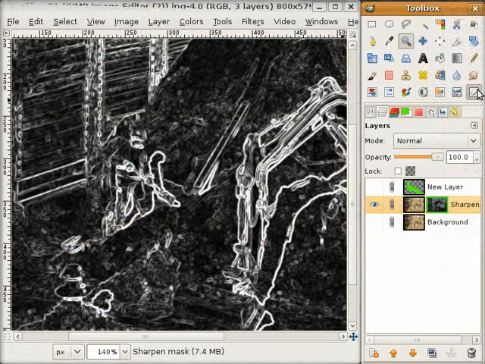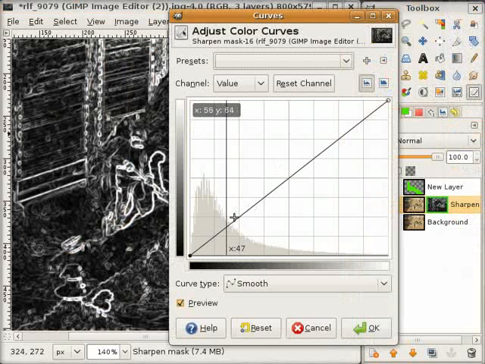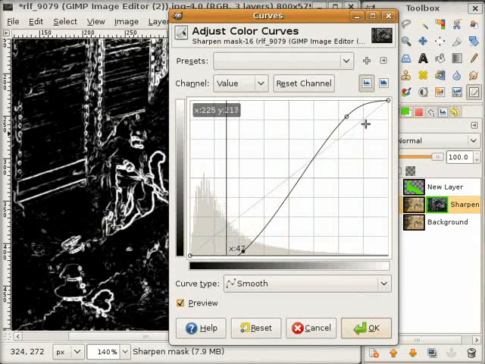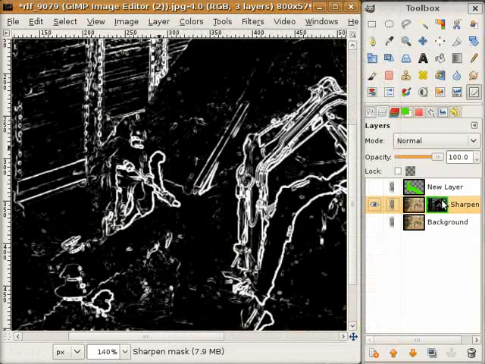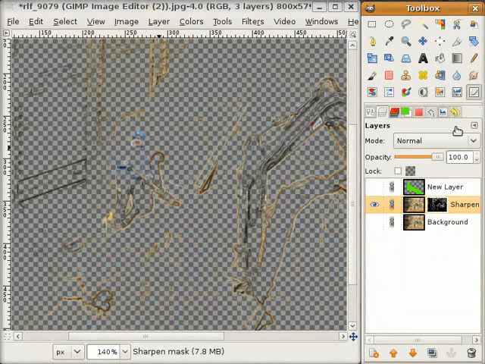For that I use the curves tool and just enhance the contrast, make the whites a little bit whiter and the blacks a little bit blacker, and the zone in between a little bit smaller. I think this is good. Now have a look again here. You see we have less in the areas here in between, and